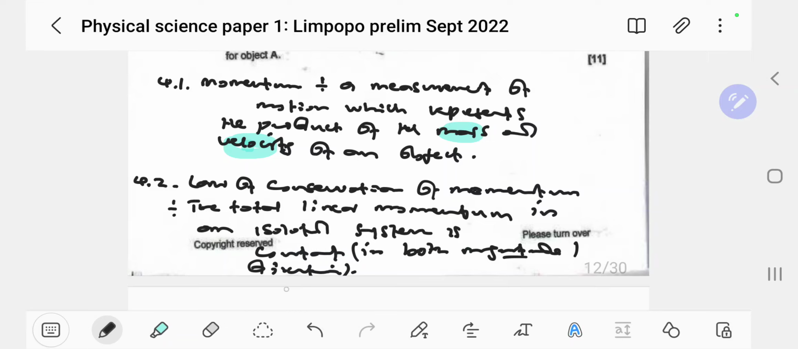In the MCQs, you may find this and then you start to feel like you